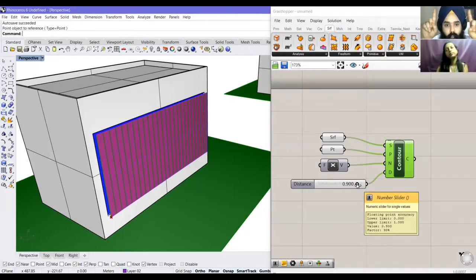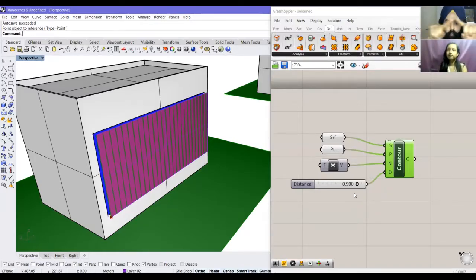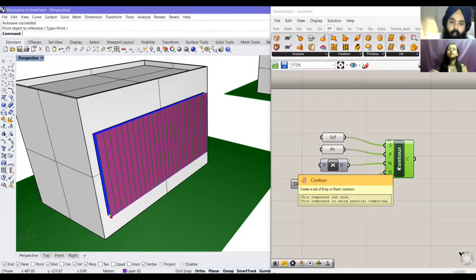If you remember, anybody who did computers in school, there was this flowchart diagram. In the flowchart diagram we had that rectangle which was always the process. So this contour is that rectangle which is the process, because before that you have input, and after that is an output. So what is in the middle, this contour, is being constantly repeated in all the processes that we're going to do in Grasshopper. So thank you, Santrupti, go ahead.